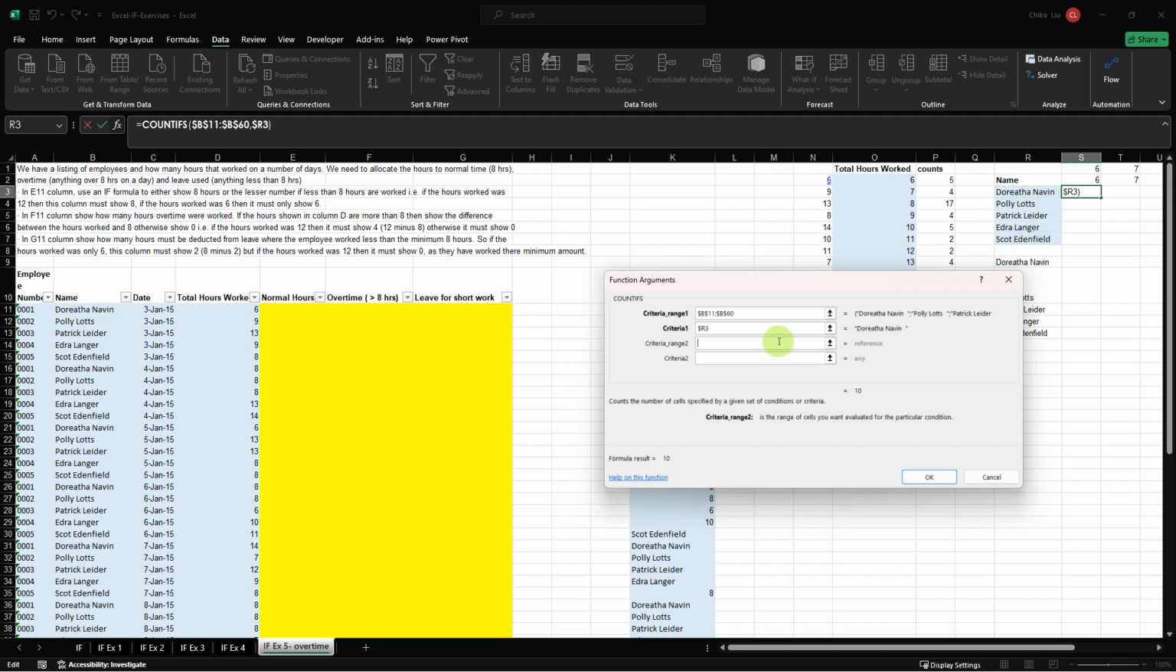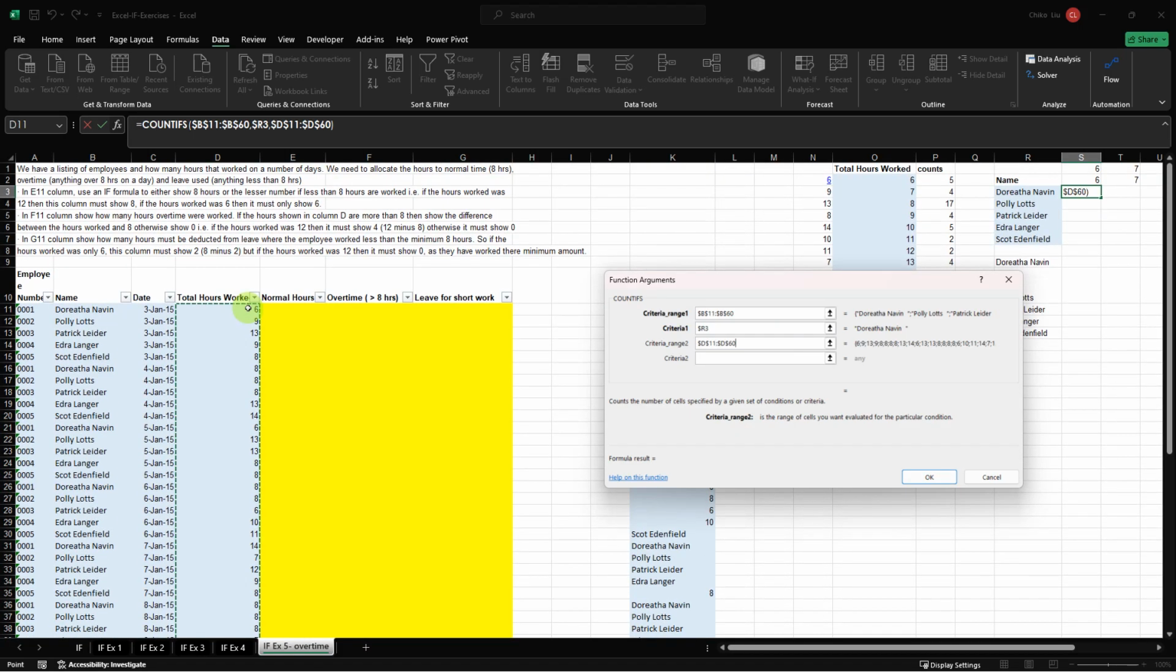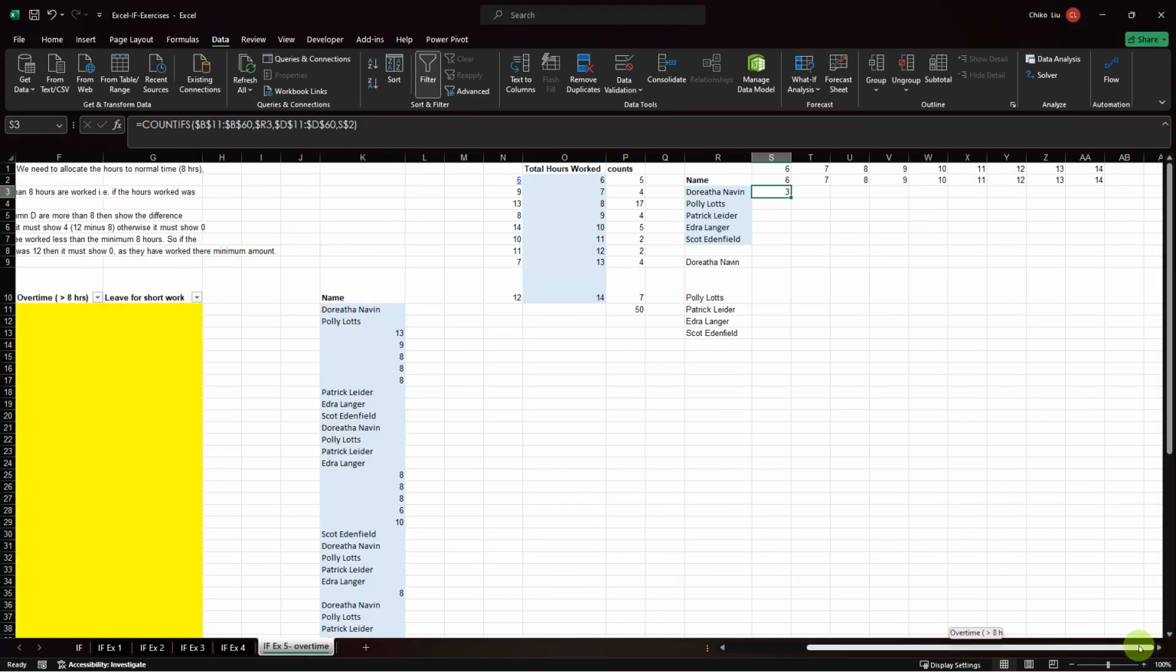My second criteria is total number of hours, which is here. So the criteria range will be here, which is my range. Then my criteria will be this cell here. Now this cell is moving horizontally, so I'm going to lock the row and leave the column open. Okay. So you can see the total number of times Dorothy worked for 6 hours